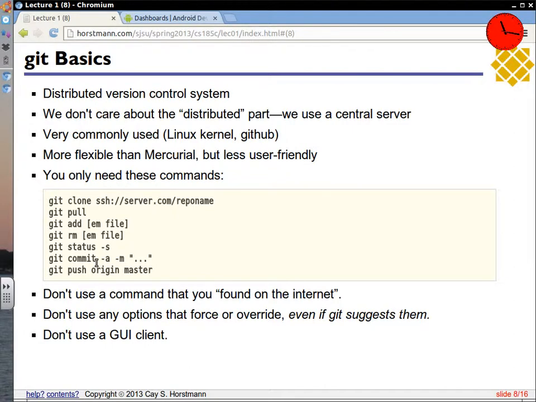If you get yourself into a situation where you don't know what to do, put the question on Piazza, and we'll see how to get it cleaned up. And maybe eventually we will have to use one of those big bad commands, but it'll be after a couple of people have looked at it. The other thing is sometimes Git, and Mercurial sadly too, foolishly says, oh, there's some conflict, just force it. Whenever you see that message, hands off the keyboard, deep breath, run for the hills. Do not ever force anything. There should never, ever be a reason to force anything. I don't know why they give those messages. It's too bad. And finally, don't use a GUI client. Why not?